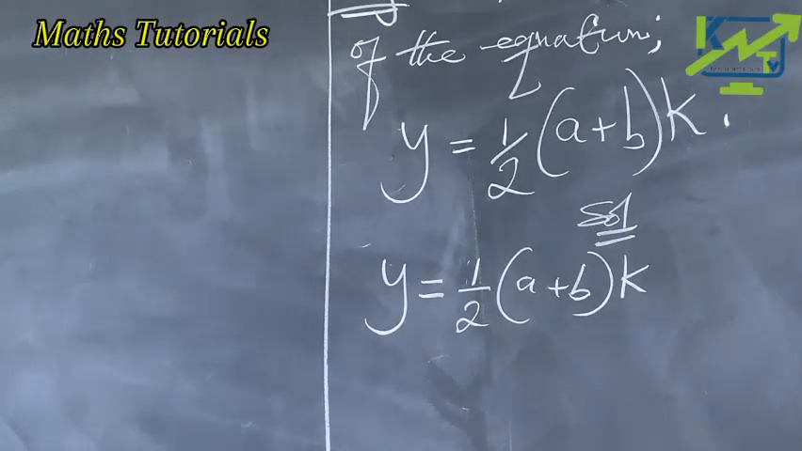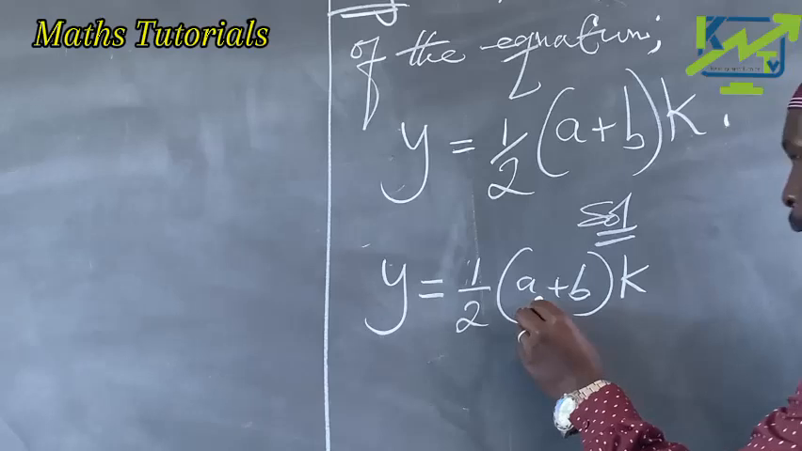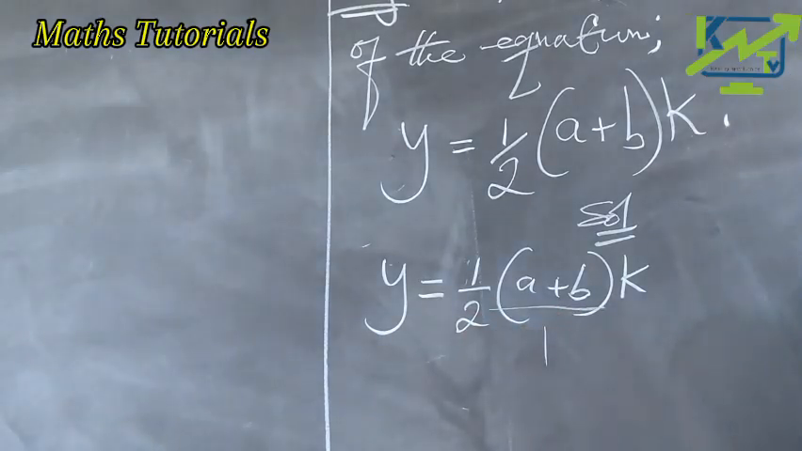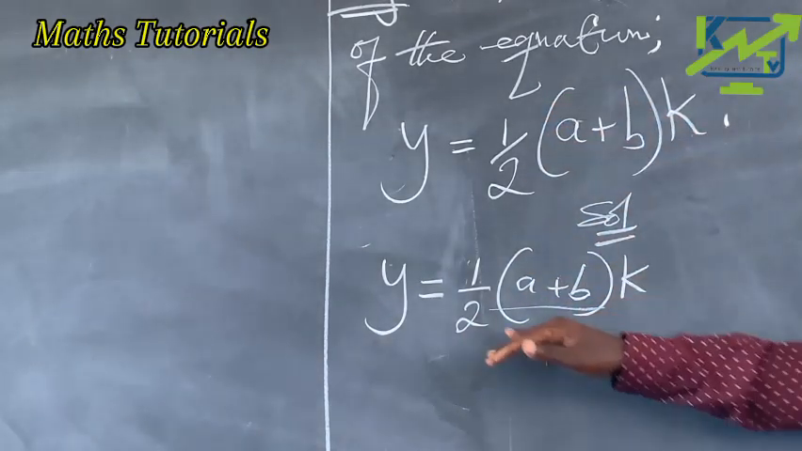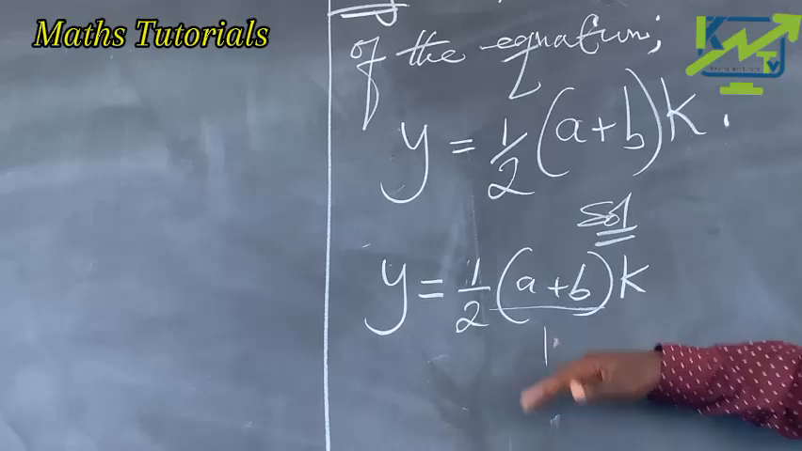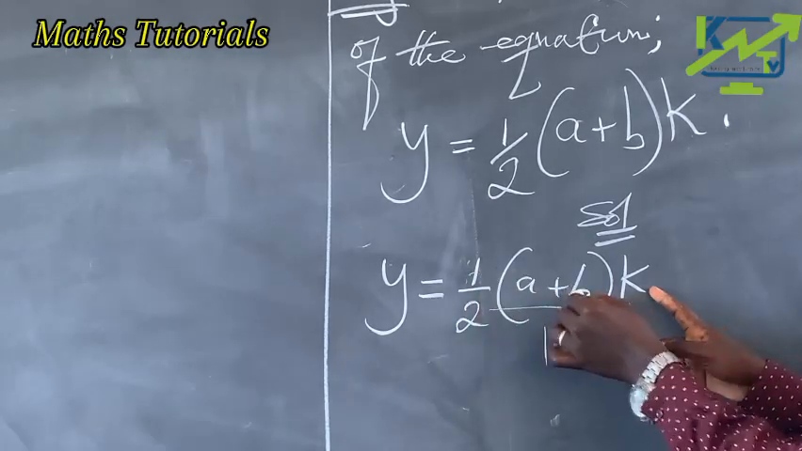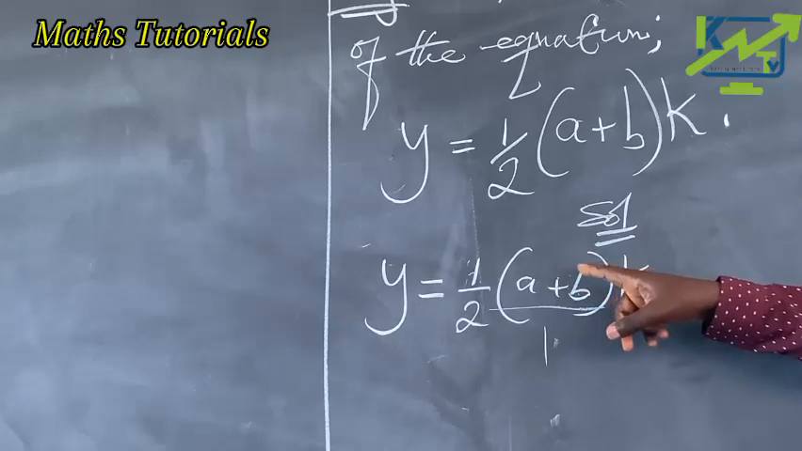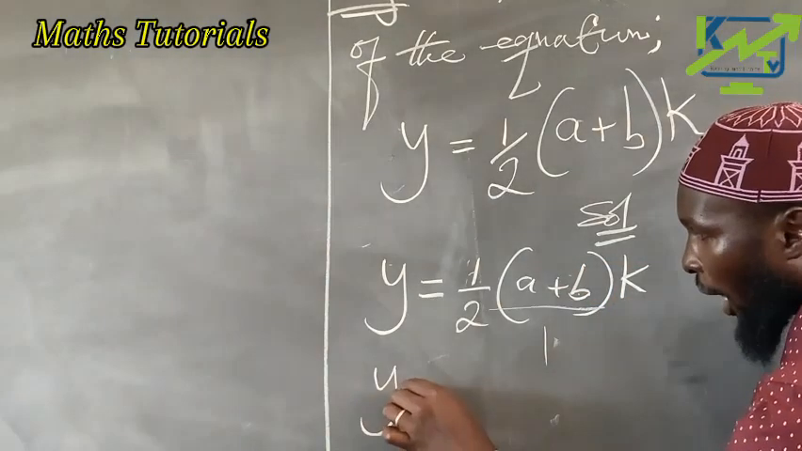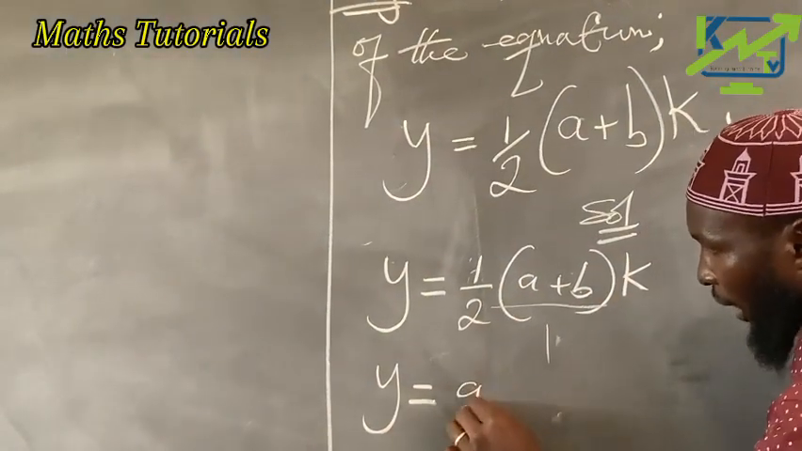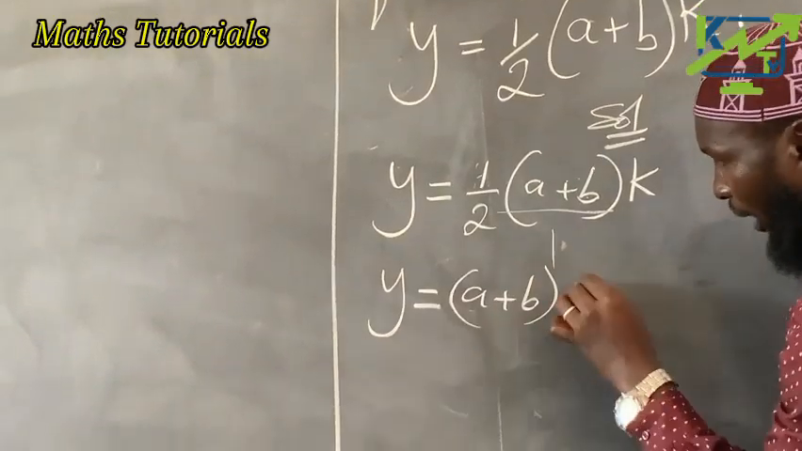Now, what we are going to do first is think of expansion. You have to expand the bracket to eliminate the bracket. Expansion simply means to eliminate the bracket. So we are going to put this over 1. It's like this is a numerator on top, and this 2 is a denominator. They are all down. So 1 times a plus b. 1 times any term is that term. We maintain that term. So now we are going to have y equals a plus b all in bracket